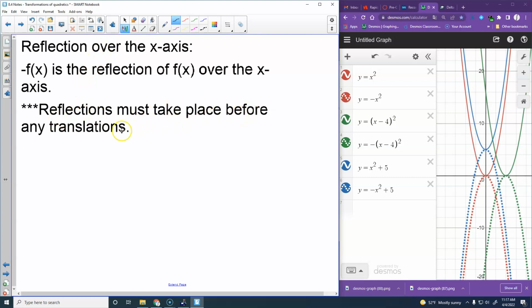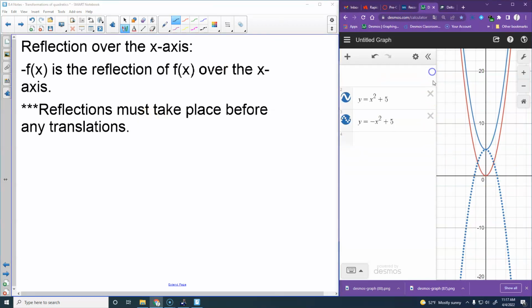Reflections must take place before translations if you're graphing these by hand. So notice right here, I'm going to get rid of these others right here. There's a difference. So you would flip the graph upside down first. So if I had like y equals x squared,